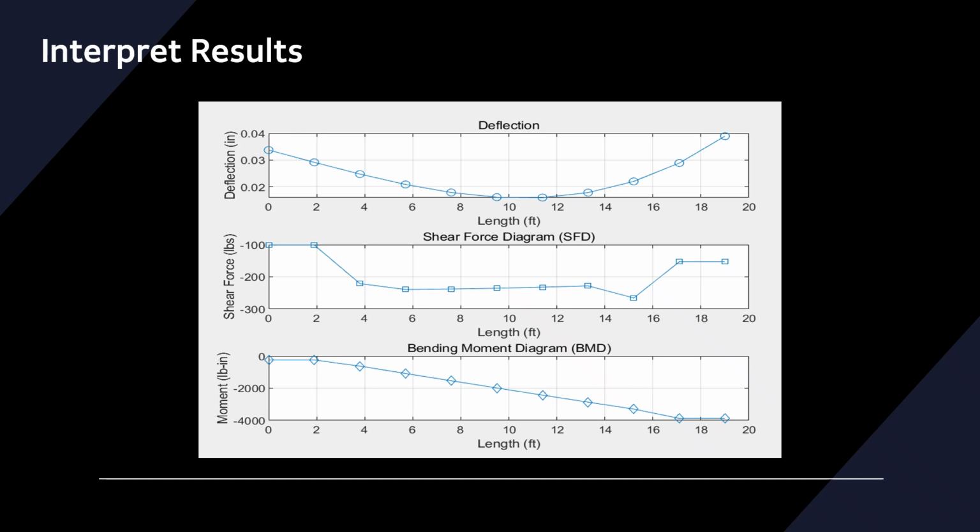The second plot is the shear force diagram. Shear force shows sudden jumps at the load points. This matches the expected behavior of internal shear forces in beam theory. The third plot is the bending moment diagram. The moment reaches its maximum near the center between the two loads. Negative values indicate downward bending.